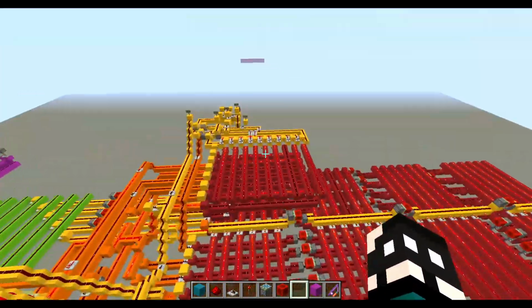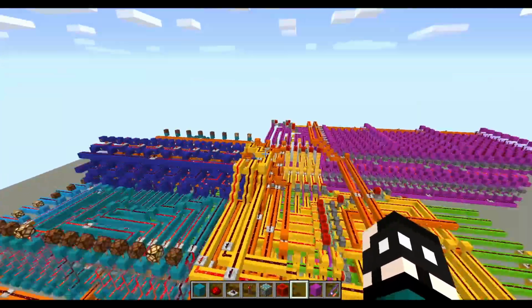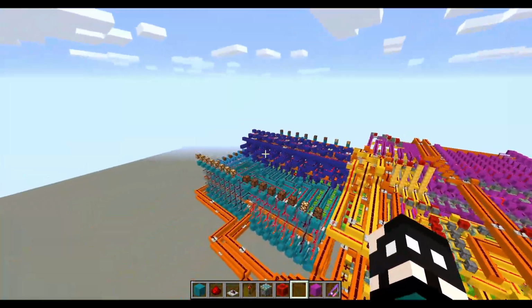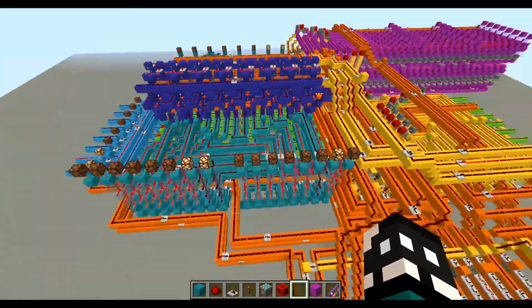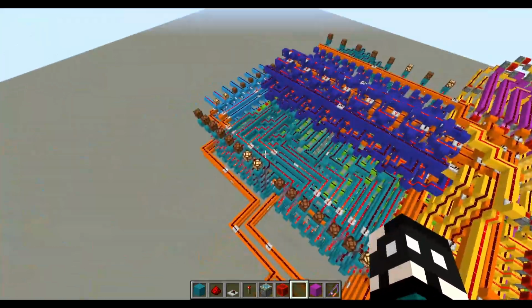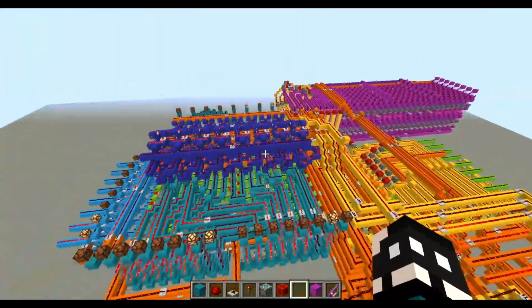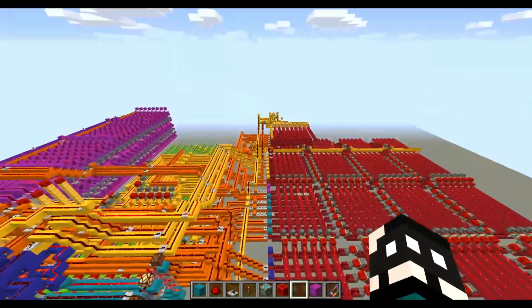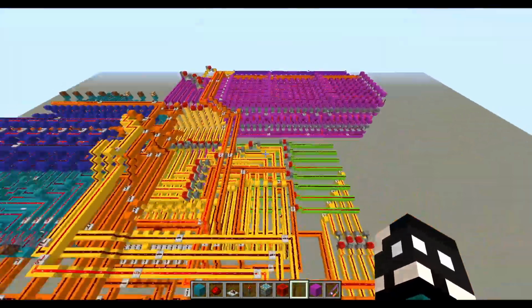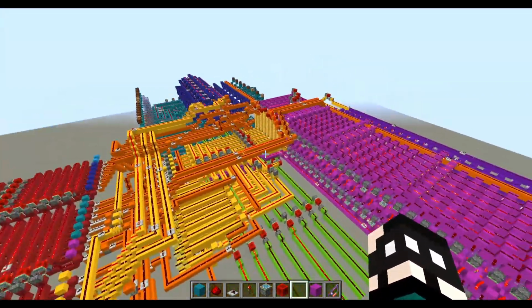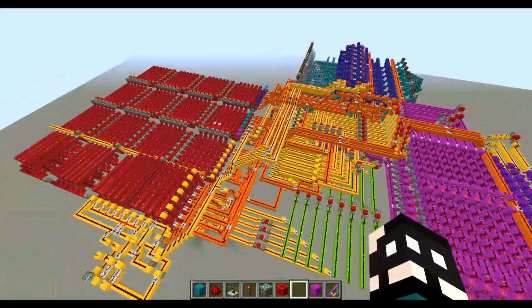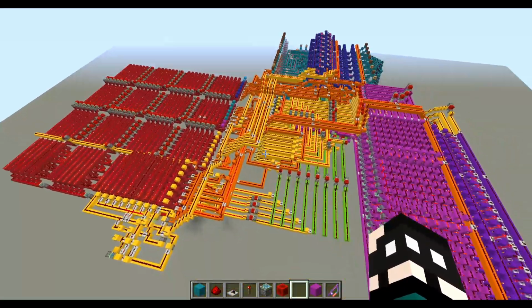Alright, well, you could probably see that this is just running Fibonacci. Yep, so now it'll add 2 and 3 to get 5, and then 3 and 5 to get 8, and so on. So, I hope you've liked this video, and my next video will probably be about my next computer,